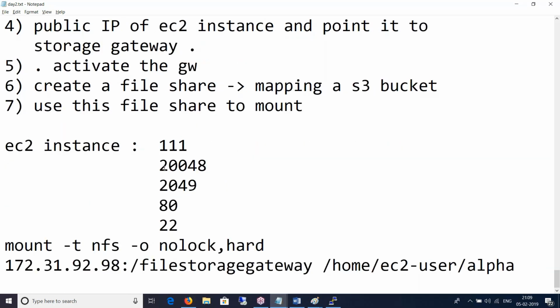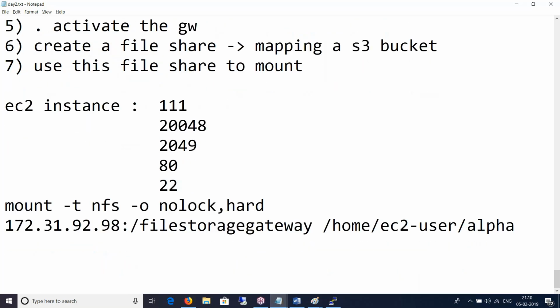Now, two questions. One, if I mount the file system over the internet using SMB or NFS, is it secure? I don't think SMB is secure over the internet. That's why we use SMB version 2 and above. SMB version 1 is gone. There were a lot of vulnerabilities found in 1. 2 is almost gone. So today, with Windows 2016 and 19 onwards, people are using SMB version 3.